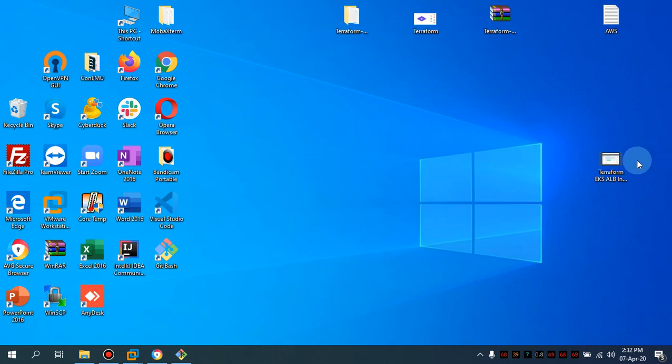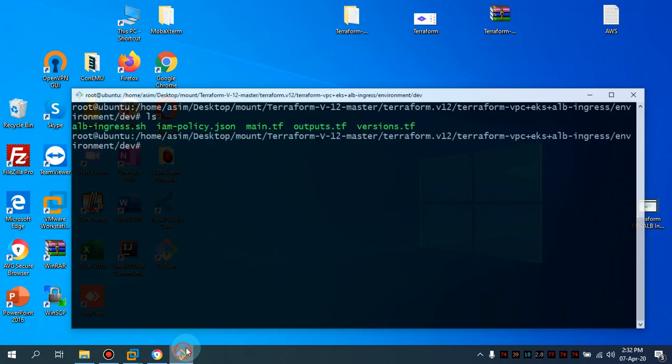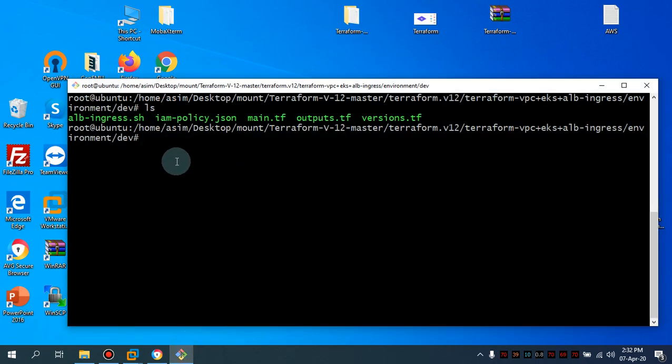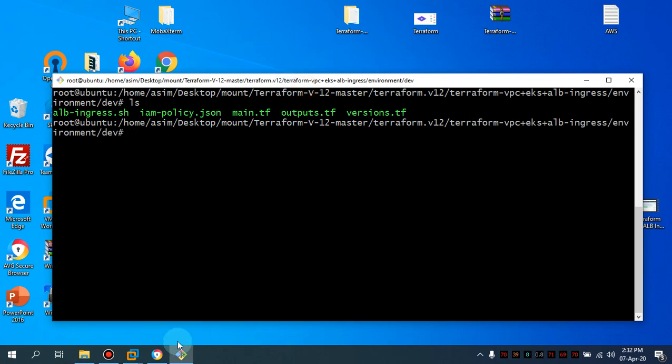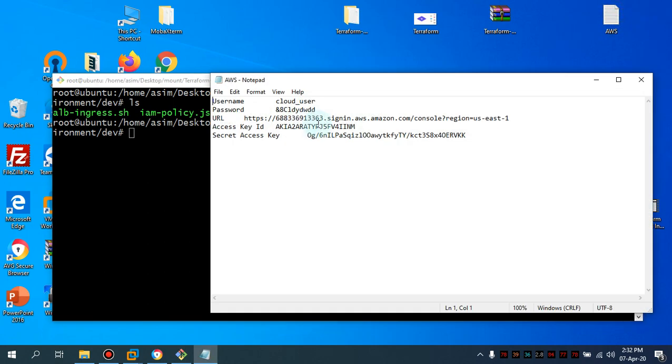So, guys, I have just completed part one of the complete Terraform ALB Ingress. What I'm going to show you is that, as I showed you in part one, we have already SSHed into this Ubuntu machine in VMware. So, I'm going to simply use my secret access